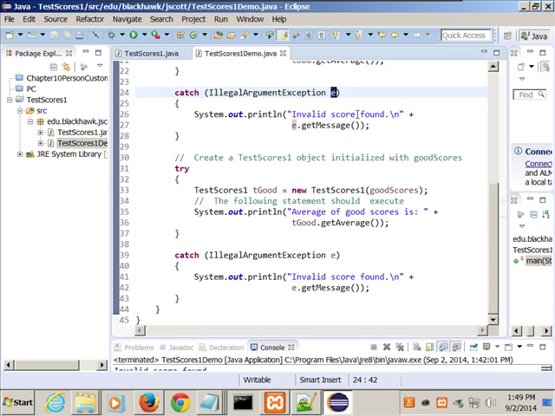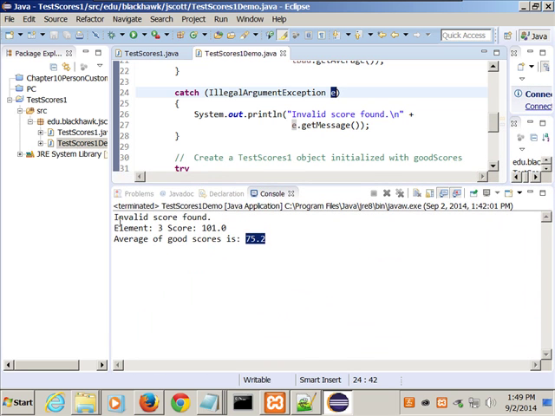And notice we've got invalid score found right there, and it says e.getMessage, and when we ran this, there was nothing more to it, just the invalid score found. But e.getMessage, what that's supposed to do is if there's anything extra that the system is going to provide for a message, by putting the e.getMessage, that'll give it to you.